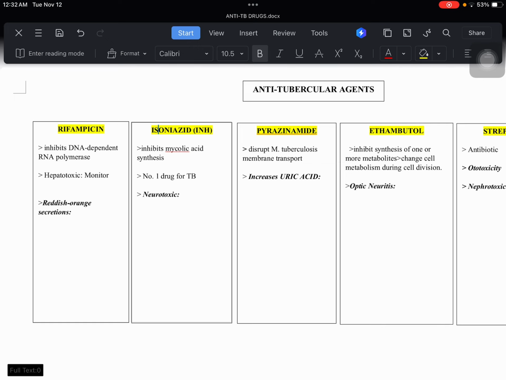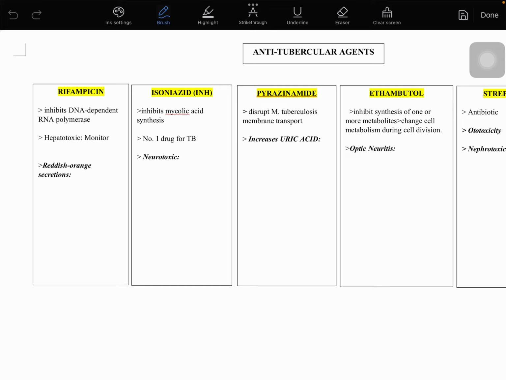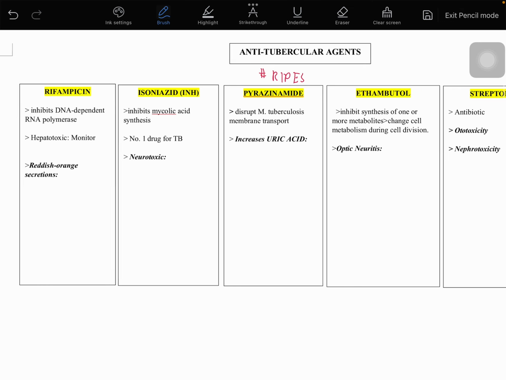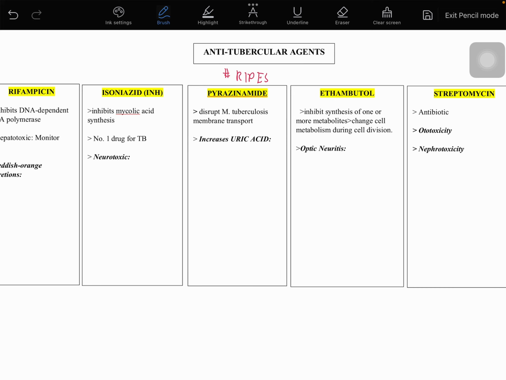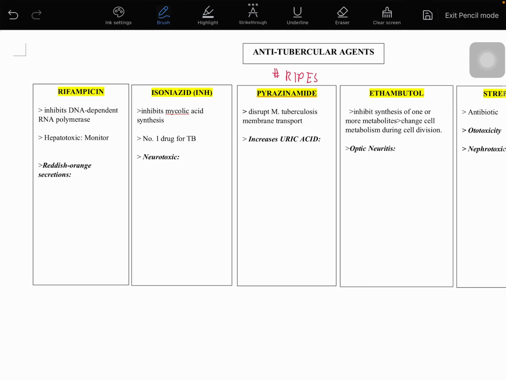Okay, so this is your RIPES na tinatawag natin. Para hindi nyo po siya makalimutan. We have your rifampicin, isoniazid or your INH, your pyrazinamide or your PZA, your ethambutol, and then your streptomycin natin. So mag-start muna tayo here with your